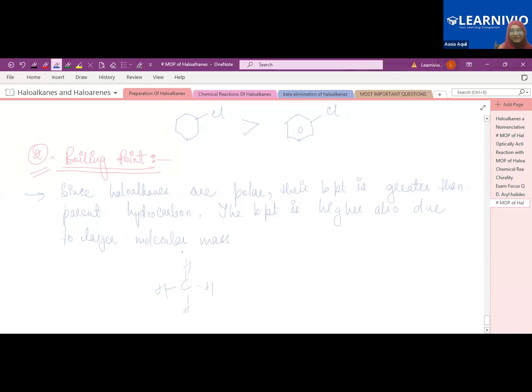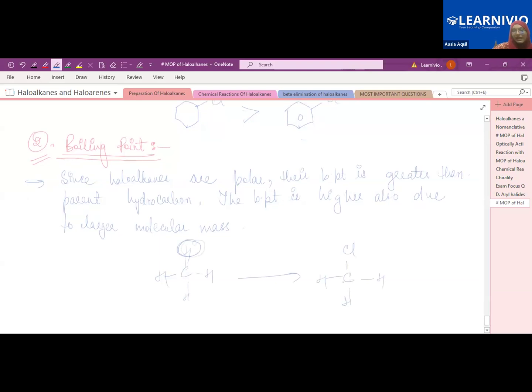When you replace one hydrogen from the hydrocarbon chain, which has only carbon and hydrogen, by a halogen atom, this is your haloalkane. So when you compare methane and CH3Cl, the boiling point of these two,